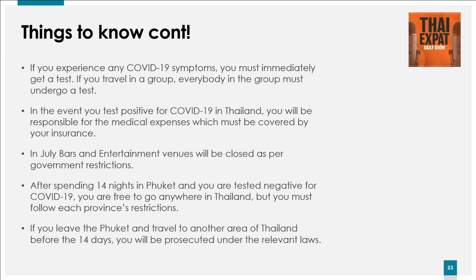After spending 14 nights in Phuket and you are tested negative for COVID-19, you are free to go anywhere in Thailand, but you must follow each province's restrictions. If you leave Phuket and travel to another area of Thailand before the 14 days, you will be prosecuted under the relevant laws. Now that's something very important because I've seen people on Facebook and other social media going,